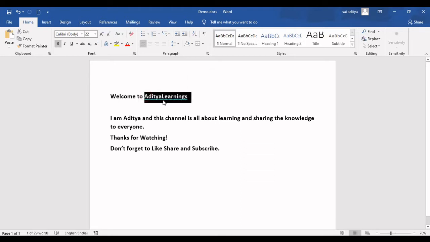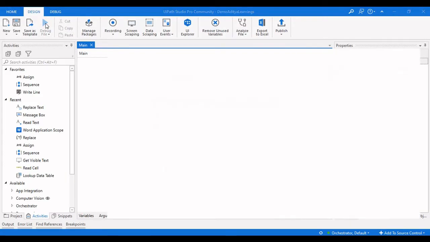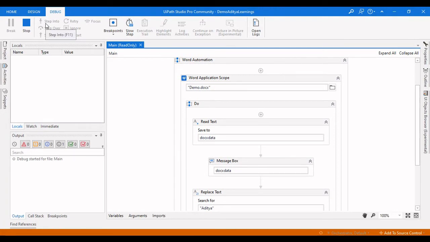And the replace doesn't need to replace this particular Aditya because it is another word that we are not searching for. Only Aditya as a single word is what we are searching for, and it needs to be replaced by Hari. So let us also see what is happening in this case, and then we will see a workaround for this and how we are going to replace a single word instead of this replace.